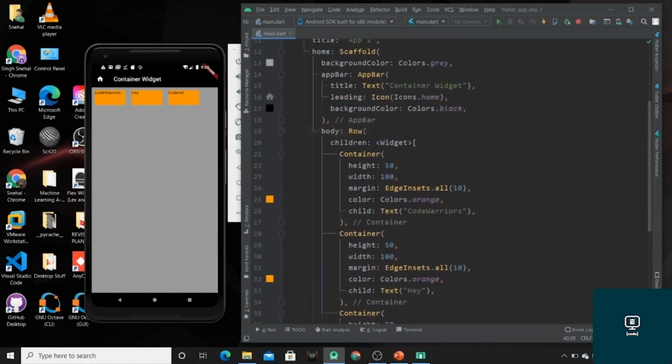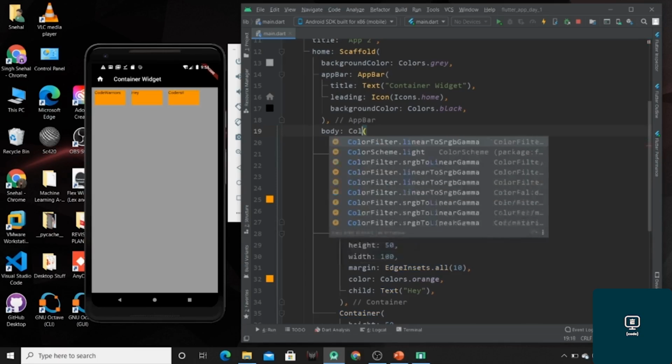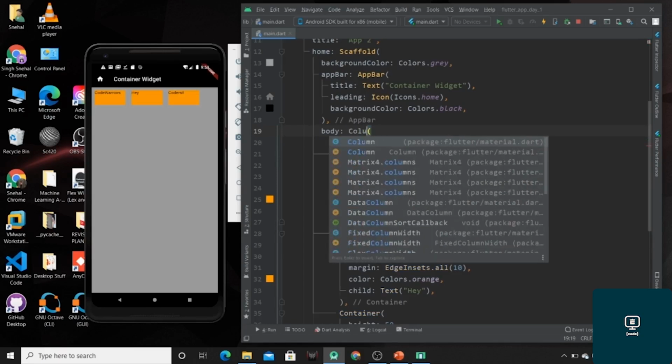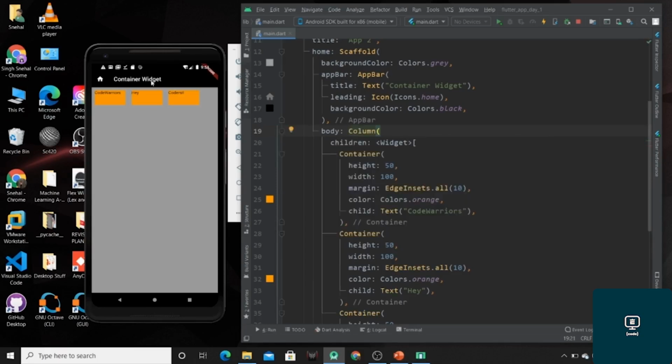Why? Because we are using this row widget. Now if I change this row widget to column widget, then I will be having these 3 containers, or we can say these 3 children, in vertical direction. So this is the difference between the row and the column widget. It changed the direction of our children.